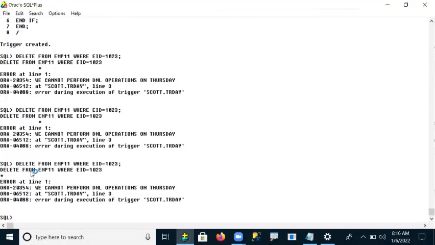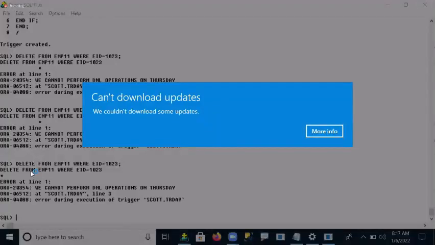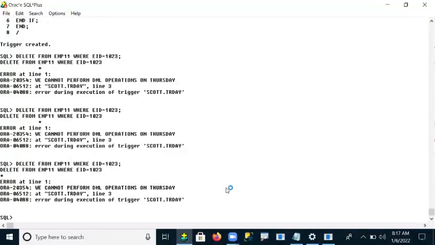So the condition I have written, if it is satisfied, whether past tense, present tense or future tense, in any particular day, if the day is Thursday, then it is not allowed.